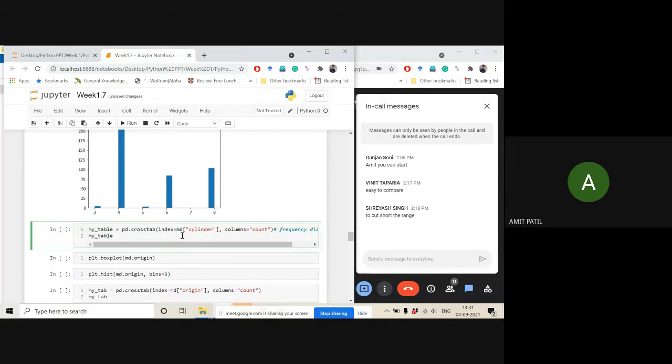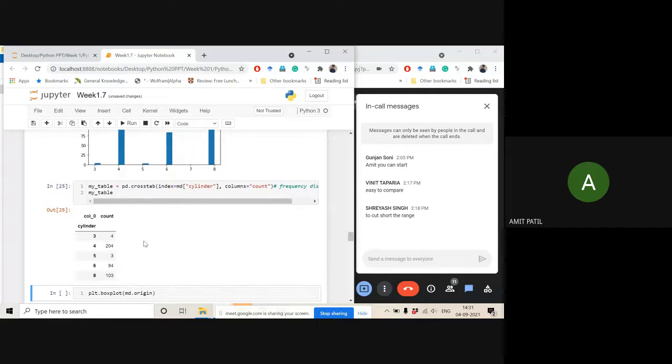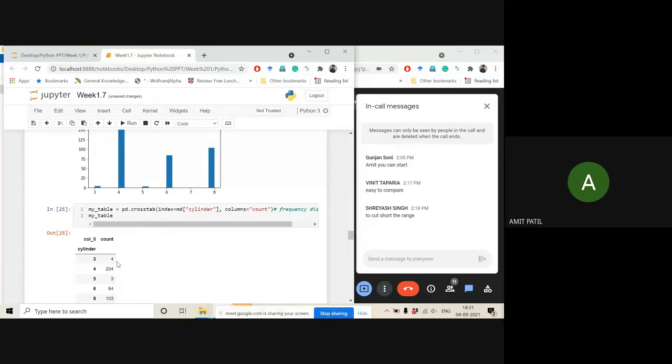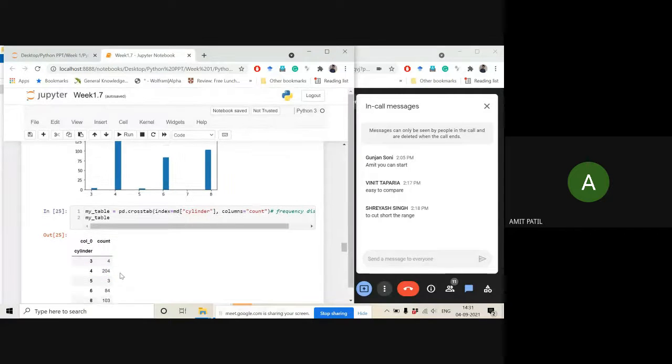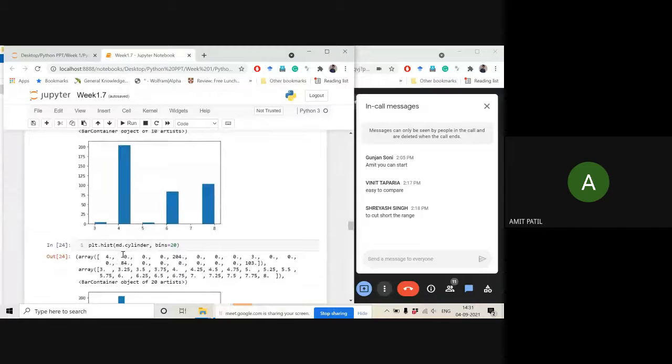Next one. Now in here we'll just plot a cross tab, right? It will give you a table of the frequencies. Count means frequency. So for three cylinder, the number of entries is four. For four cylinder, there are 204 entries, right? You will see that here three cylinder engines are there, 4, 5, 6, and 8. Now if we just change the variable in here, you will see that,